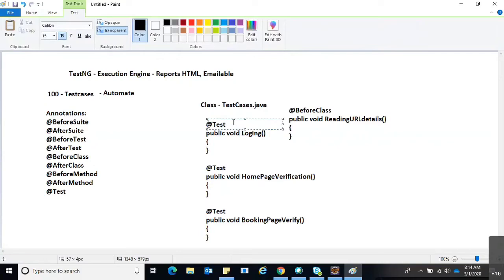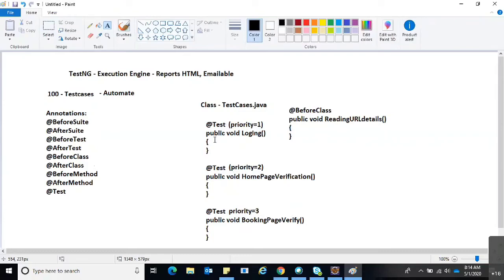We can set the priority like this: priority 1, priority 2, priority 3. I can mention priorities for each and every test case.